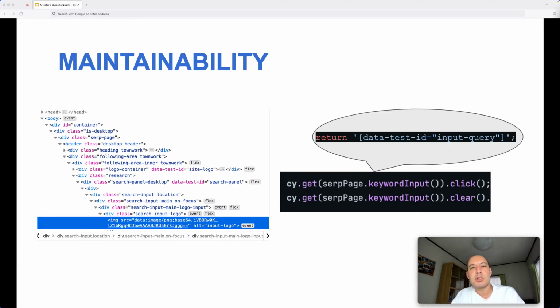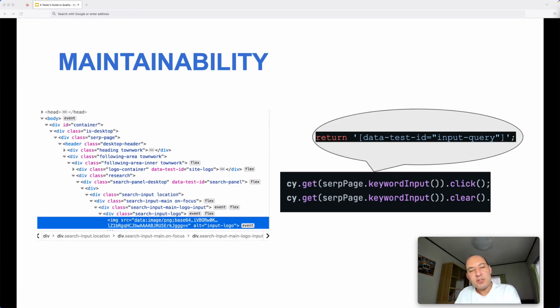And normally for doing the UI automation, first of all, we have to locate the elements on the page, and we use different locators to find or locate the elements on the page. We can use their class names or paths or different attributes of the elements. And if somehow after this layout change, the locator is not working anymore, if the element doesn't have the same class name or the same path anymore, then the locator would not work and our test case would be broken. So how easily our test is broken, or after it is broken, how easily we can fix it. This is the maintainability aspect of the quality of our test automation framework.